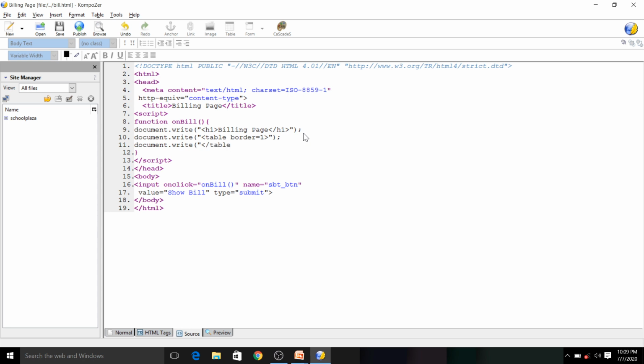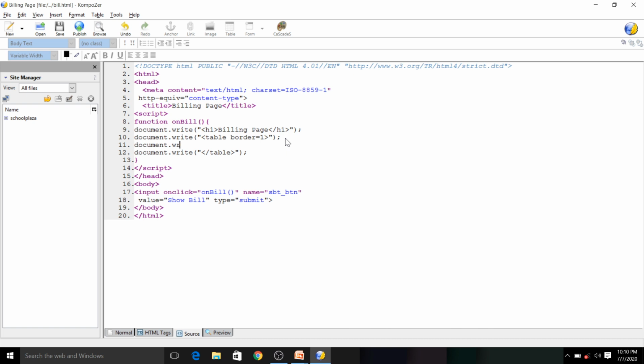I will write the code between these tags. Now remember the few table tags that we are going to use: tr for table row, th for table heading, and td for table data. Again I repeat, when you want to give any row in a table, you go for tr. When you want to give any heading in a table, then th. And when you want to write any data, that is td. Firstly, I will write the code for the first row, which shows the headings.